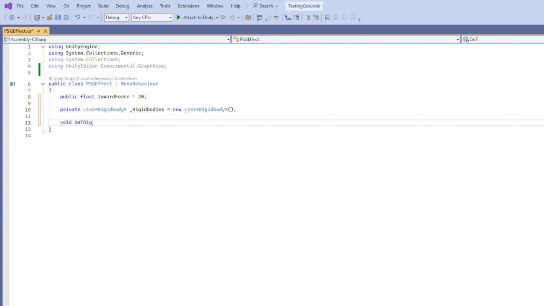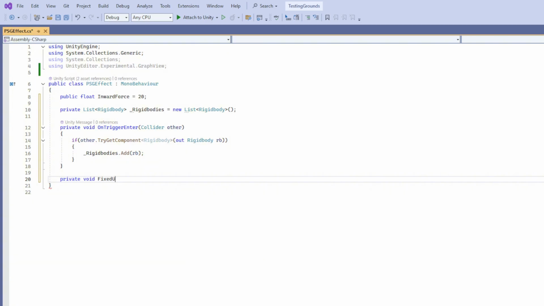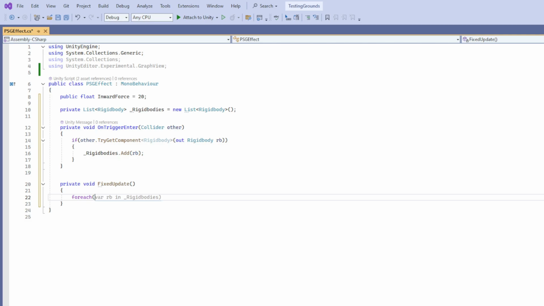To capture the trigger event, use the onTriggerEnter function and add any rigid bodies that enter the trigger to the list. With that new list, use fixedUpdate to add force to every rigid body.